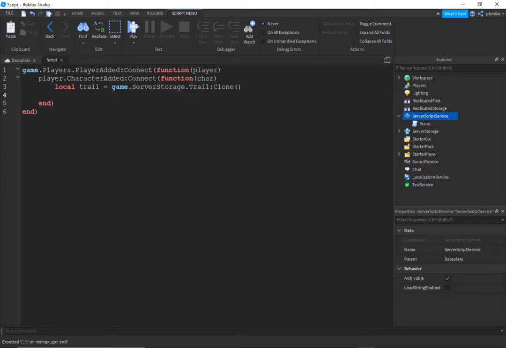Now we can do trail.Parent equals char.Head. And now we can do local attachment0